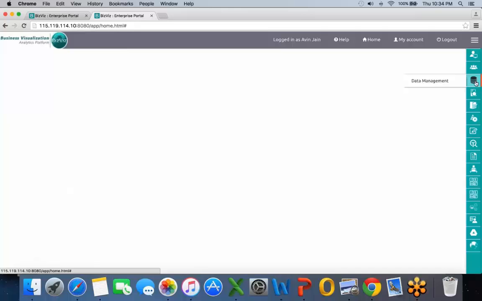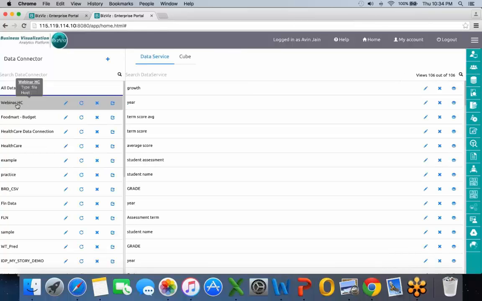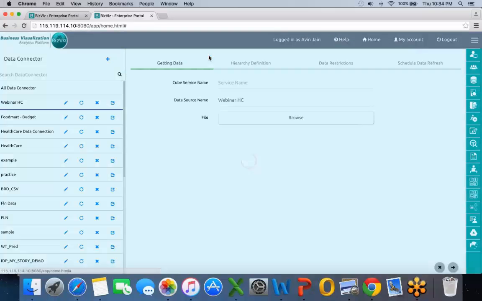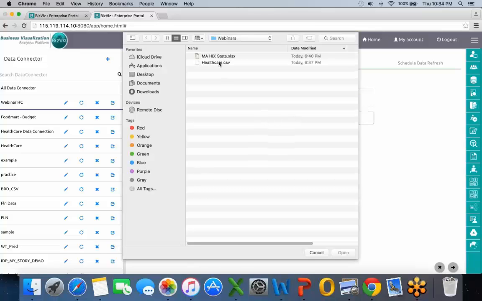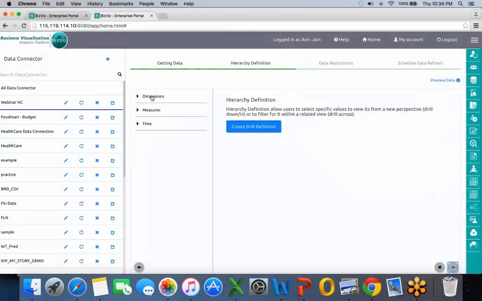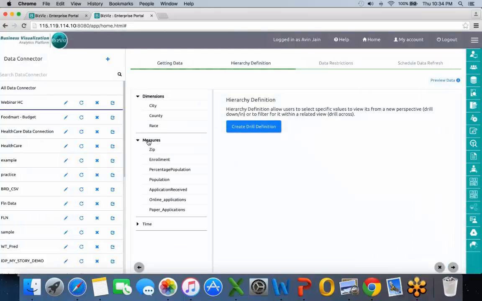So cubes are a calculation engine or in-memory cube, which will be keeping the data which I will be talking about. Webinar healthcare cube, and I will go and connect the CSV file, and I will just go and see my measures and dimensions, and I can see that actually it has read zip as measures,